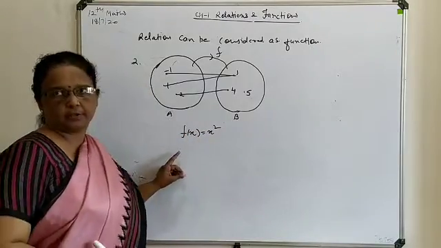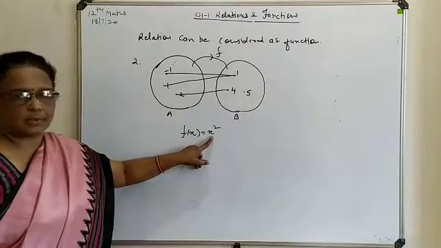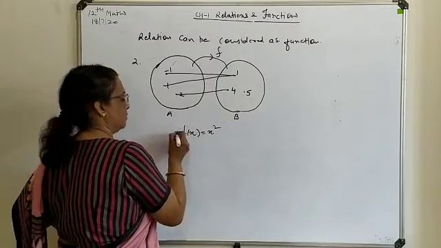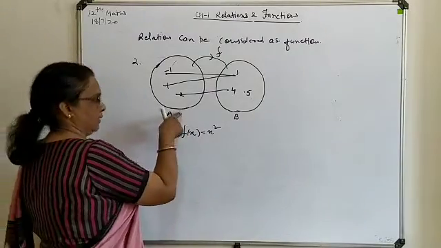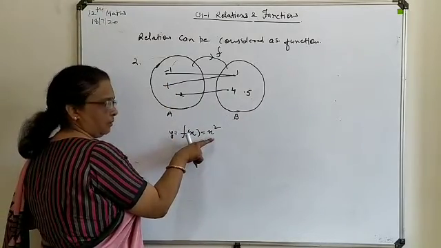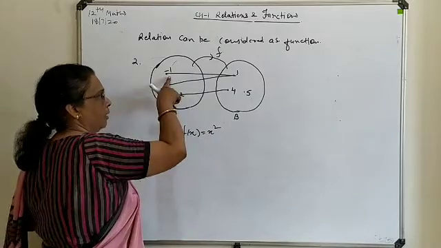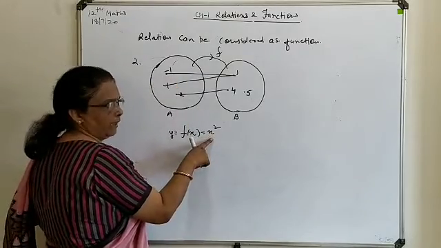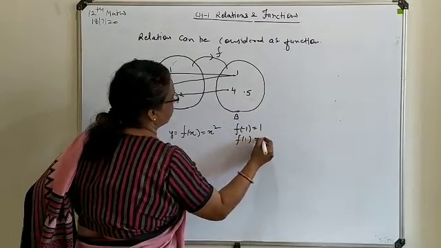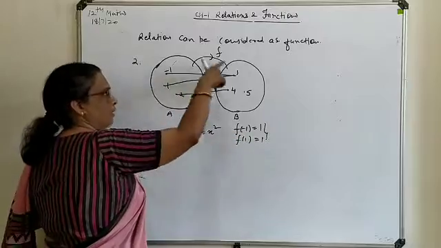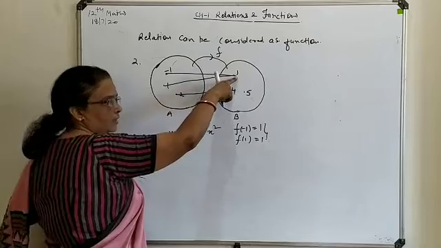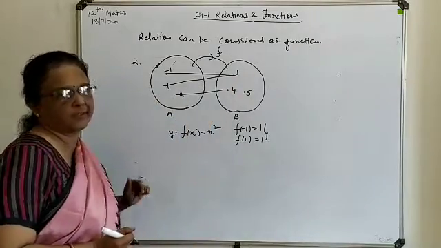If you look at this type of function in which x square we have defined as a normal function form, this is nothing but y. So these are the x elements, these are the y elements. If you look at this combination and substitute the value of x in this function, for -1, if you write the answer you will get 1. For +1, you write the answer and you are getting 1. So even in the diagram, for these two distinct elements you are having a single answer, or single image, in set B.